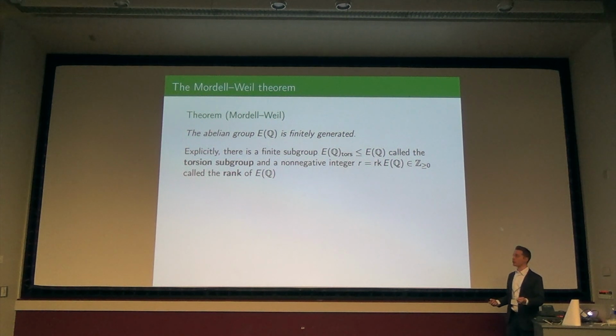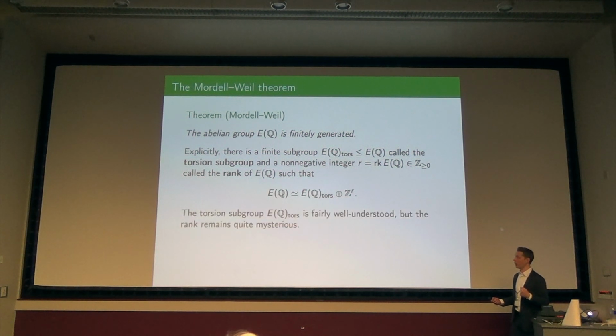In this case, the abelian group is E of Q, in such a way that this abelian group is the torsion part, so these would be the elements of finite order, Z mod 2 plus Z mod 3 plus Z mod something like that, and then some number r of copies of Z. So those points have infinite order, and the r just tells me how many copies of Z there are in my finitely generated abelian group. So the torsion subgroup is fairly well understood, so not the topic of today. The rank is totally mysterious, this number r.